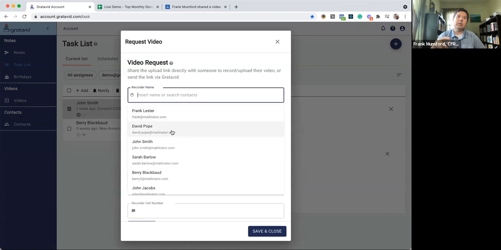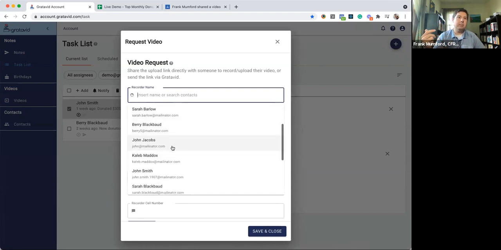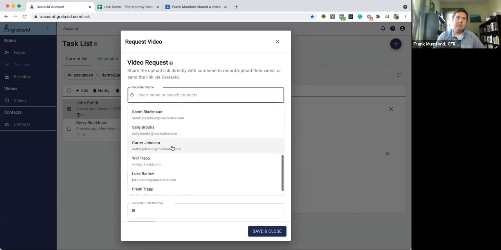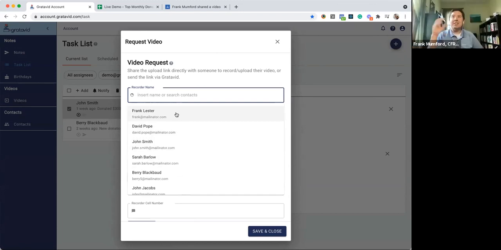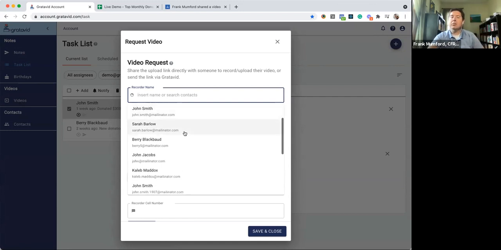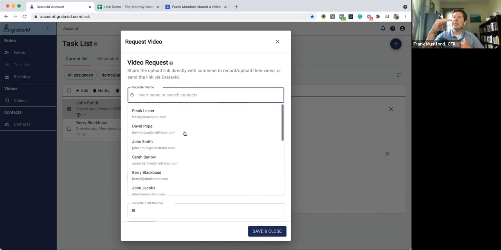And then Will could just type in Britt, because I'm probably in here, or Britt is. I think this is my test account, so y'all probably aren't in here. But if you are in there, or your colleagues are in there, then you just type in their name and send it to them really quick. And so it makes it easy where you could do the same thing kind of as assignees,